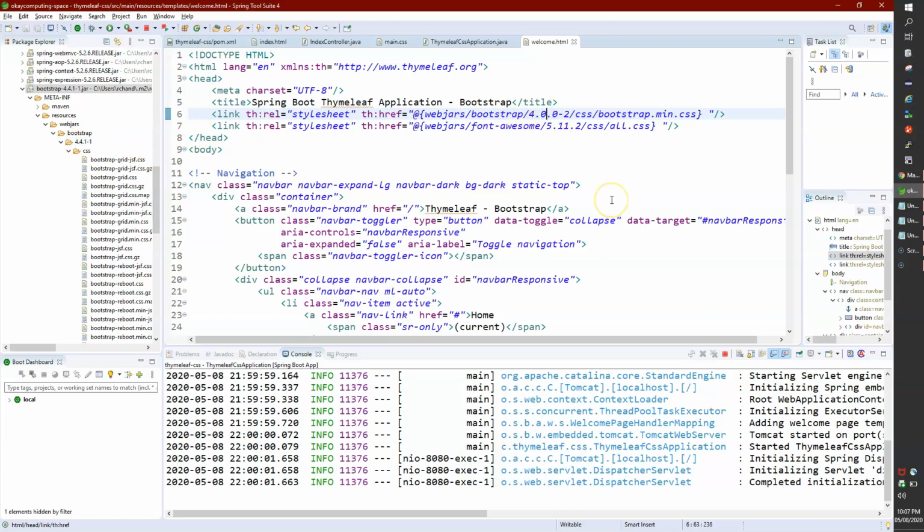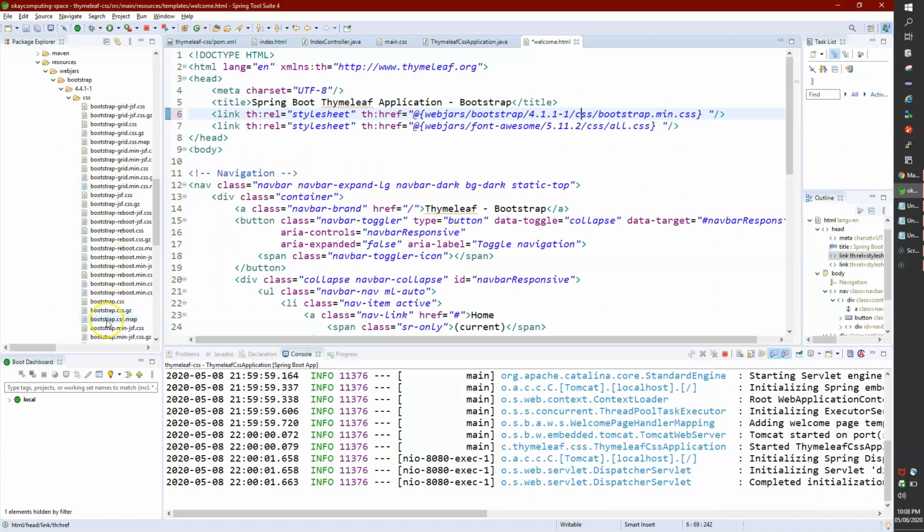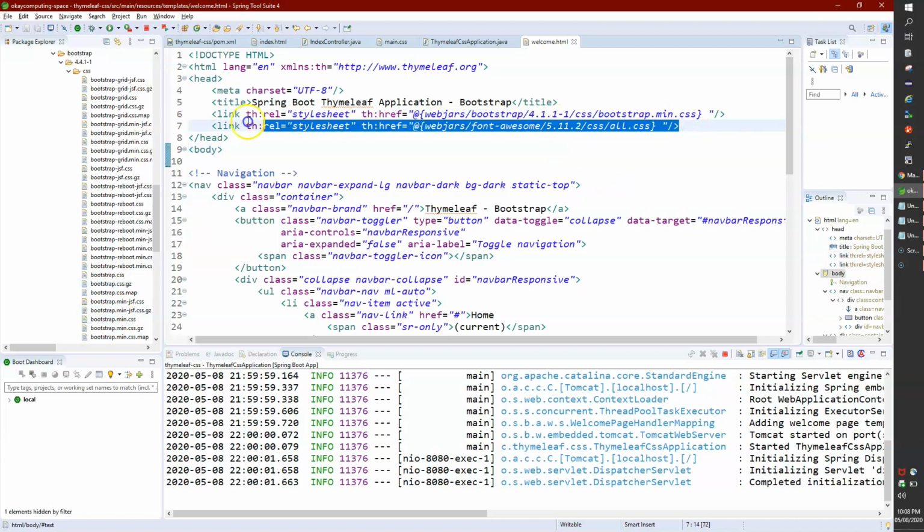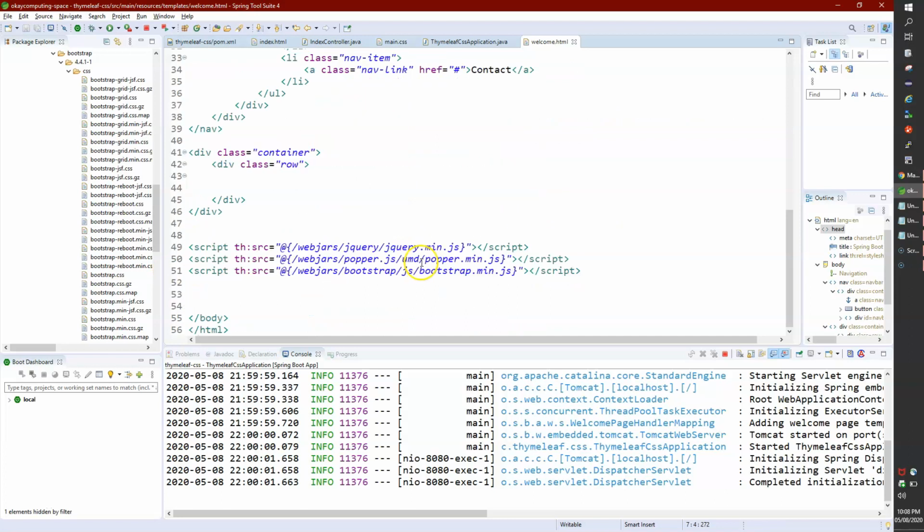Because we are using the most recent one, I'll fix the version here. And then inside CSS we have bootstrap.min.css. Let me verify. Bootstrap min.css, it's here, right? And Font Awesome, I don't think we have as of now. Okay, it's not there, I'll take it out. We also need to make sure that we have jQuery.